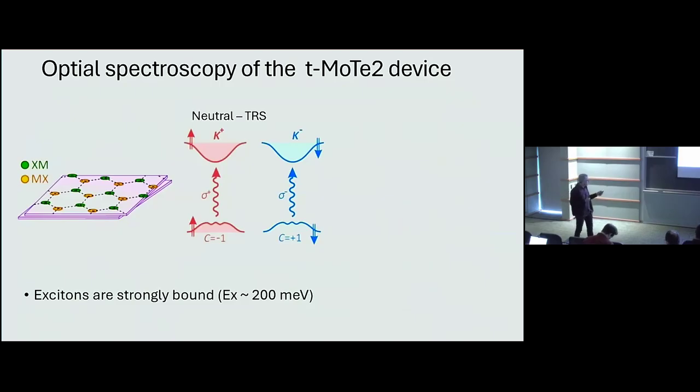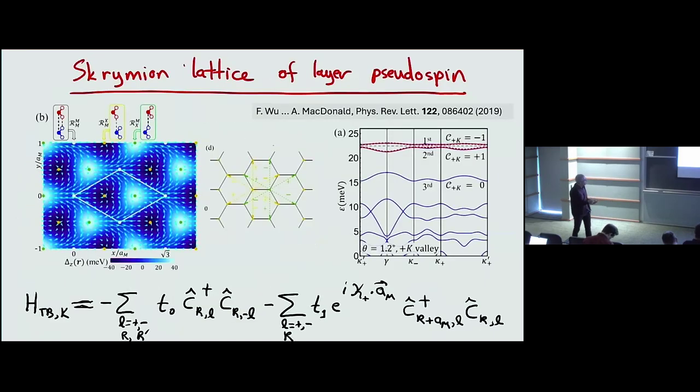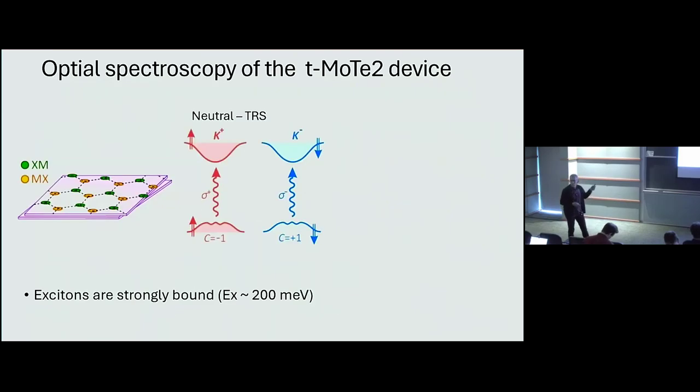And that's not so different, when it comes to exciton physics, from a monolayer. And the reason for that is that the excitons are very strongly bound. So these layer separations that are indicated here are on the order of tens of milli-electron volts, whereas the exciton binding energy is 200 milli-electron volts. So that means that when I form an exciton, it's not just in one Chern band. It's in a superposition of many Chern bands. Right? So in this case, I would say without holes,